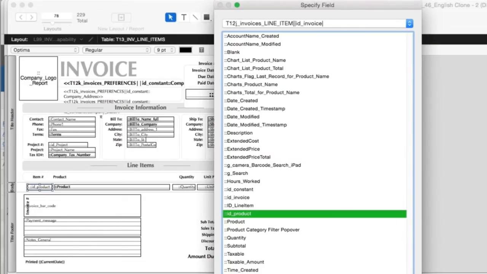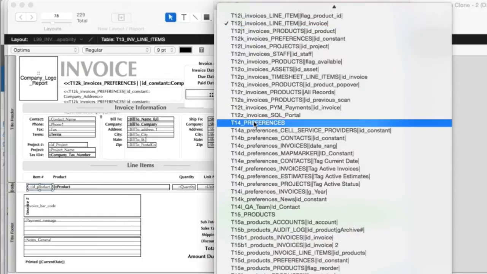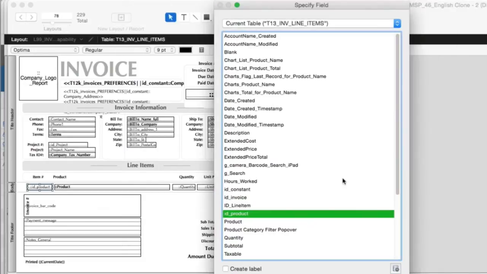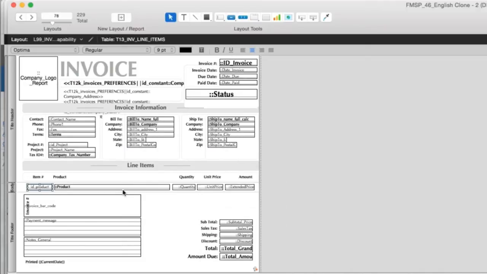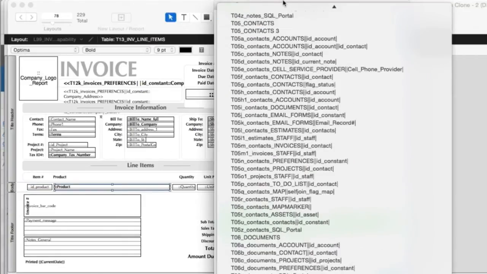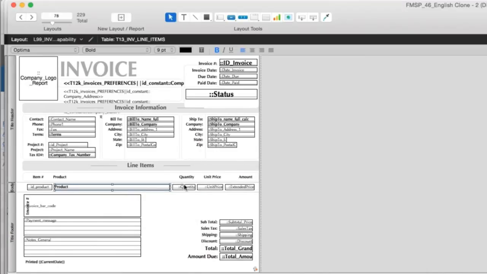So I can say specify field, and I'm going to go to T13 at the top, and it goes to ID product. So it actually kind of auto locks on, but you have to go back to the correct table occurrence, which is this T13. And once again, there's product